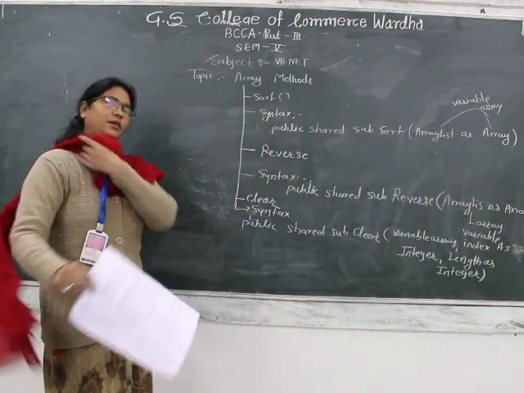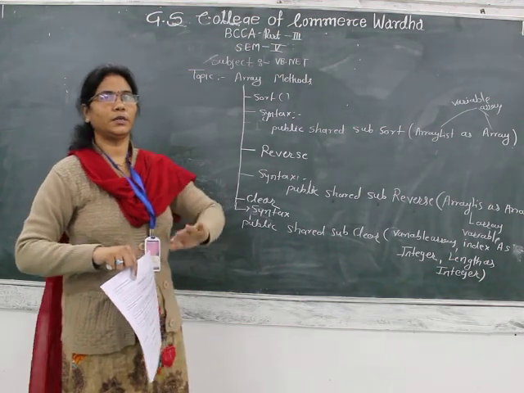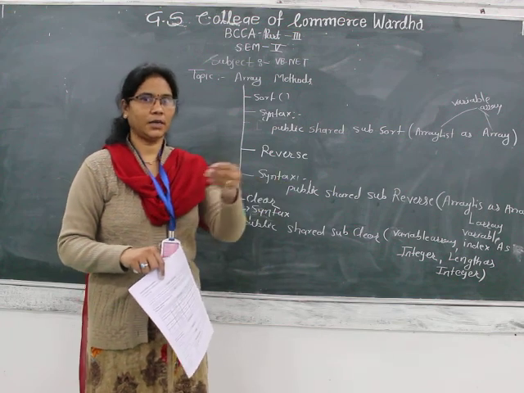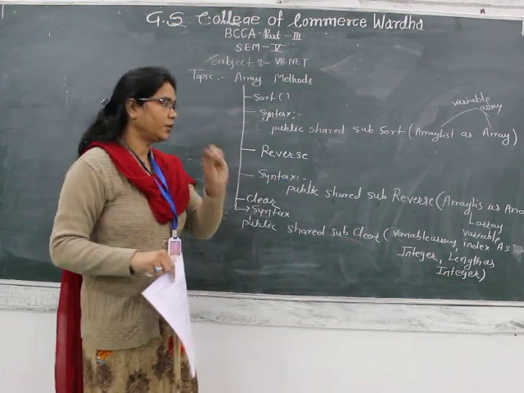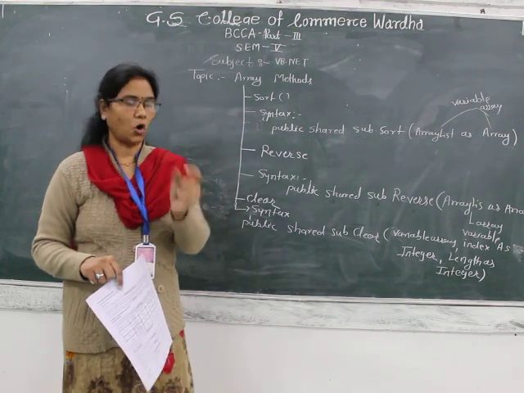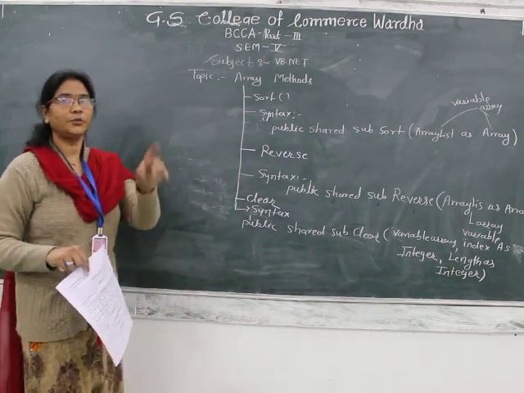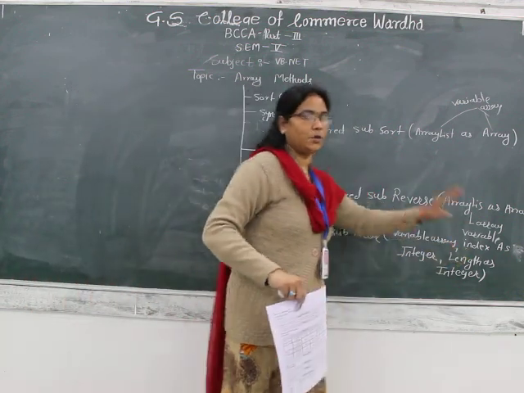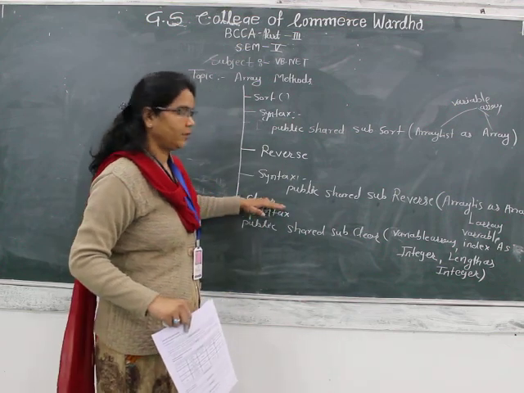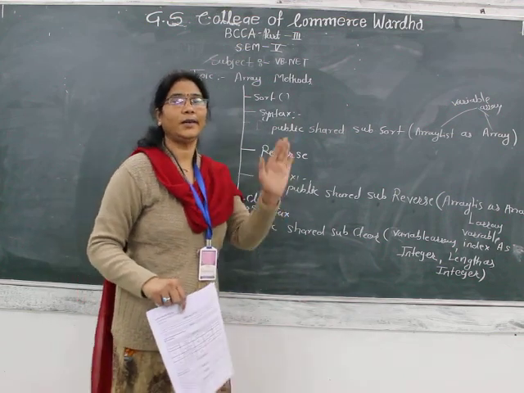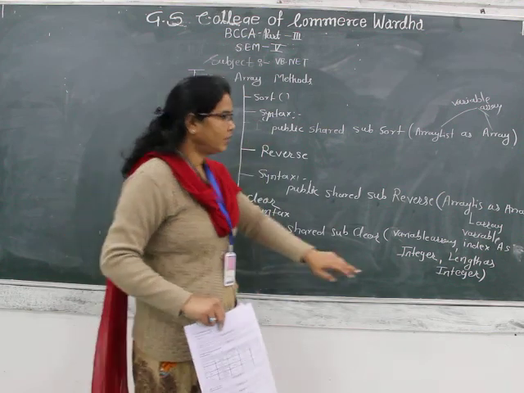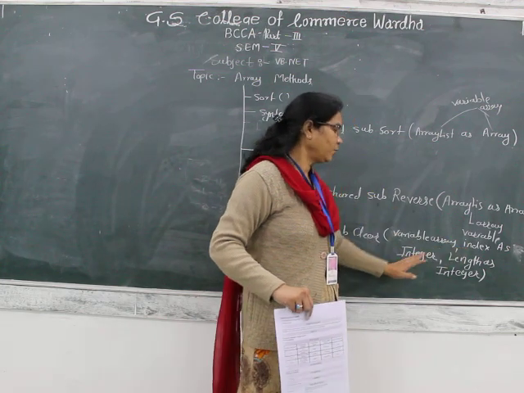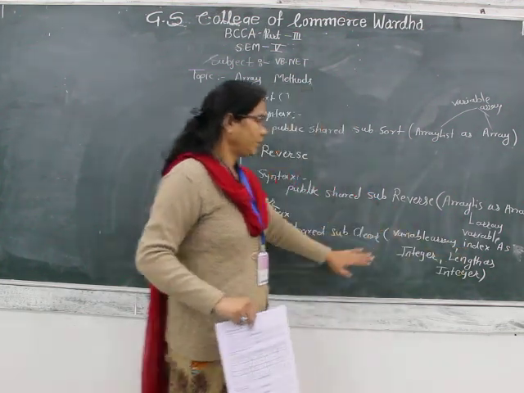Basically, clear is a method which is used to clear the elements of an array. Clear means वो वहाँ से चला जाएगा या नहीं रहेगा, ऐसा नहीं. It just assigns zero at the position from which you give here. So clear is a method used to clear the elements of an array with the index number which you provide as an argument, up to the length.